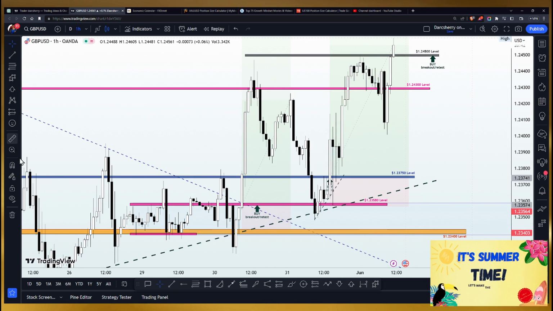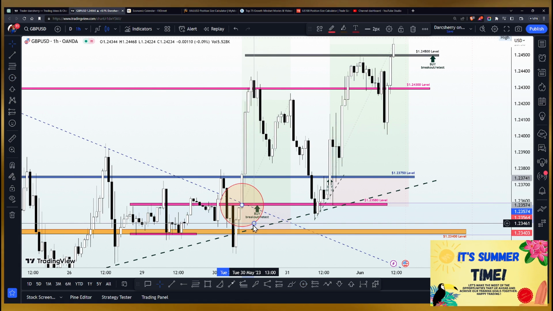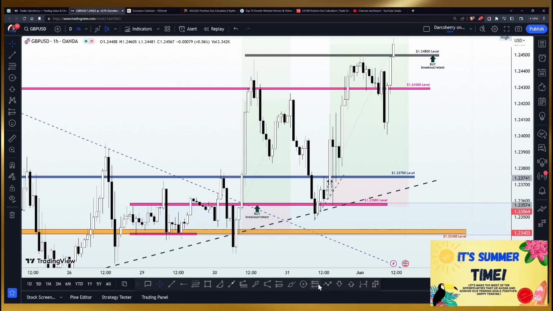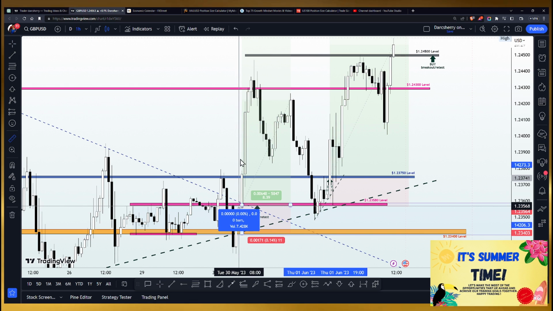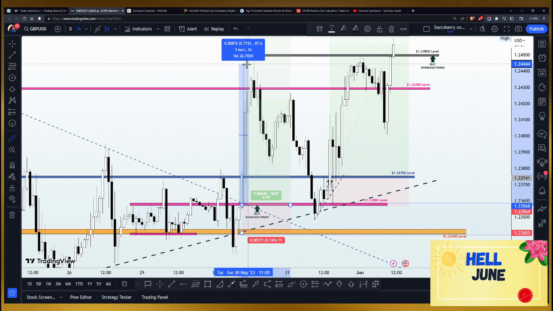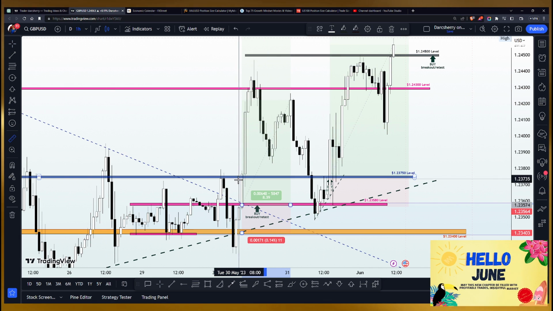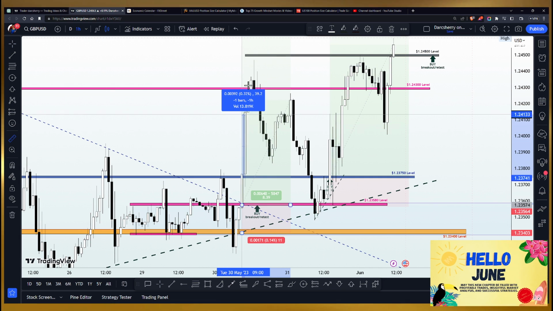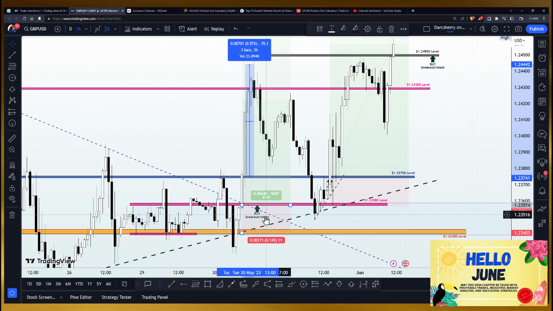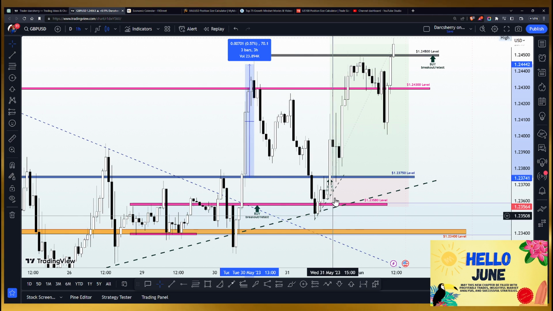So we had our first position when price action broke out of the 1.23580. We also had the second position, the breakout of the 1.23750. So the first position moved about 80 pips in our favor before the bearish momentum began, and we also had the second position move about 70 pips in our favor before this bearish momentum began again.